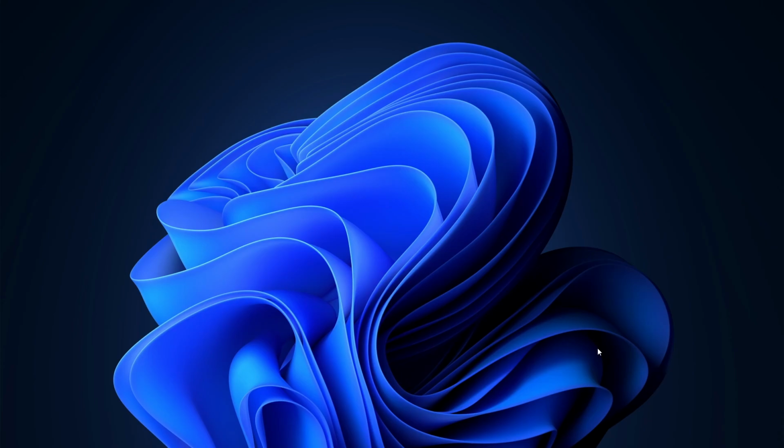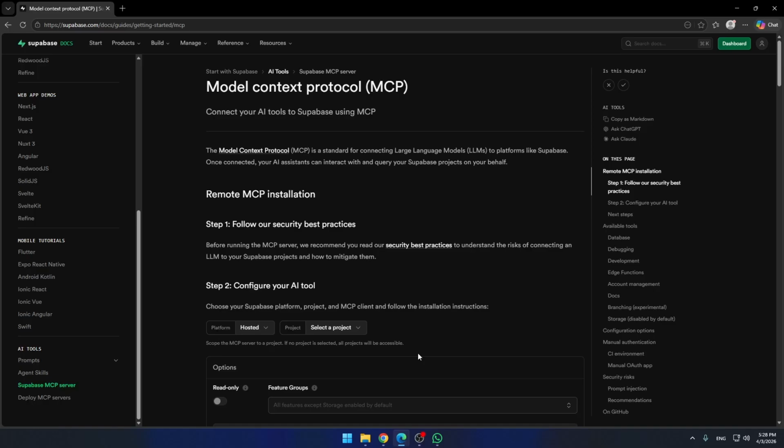In this video, I'll show you how to use Supabase MCP in Cursor step by step. First, go to the Supabase website and open the official MCP documentation. Supabase explains that the MCP server connects tools like Cursor to your project so they can work with databases, tables,